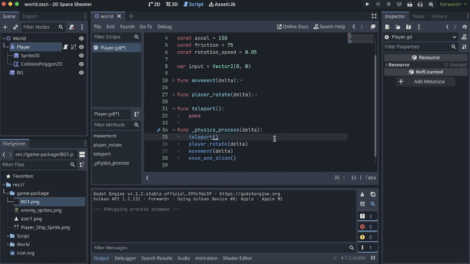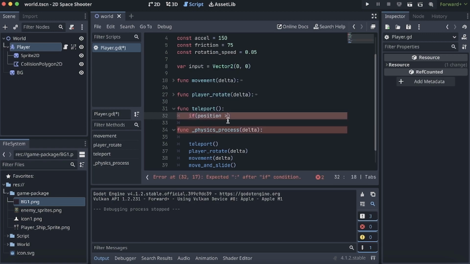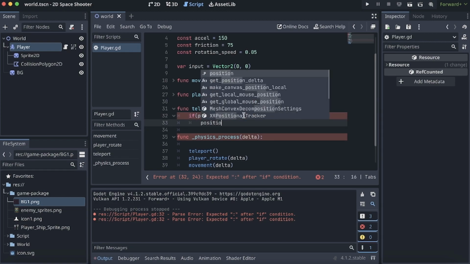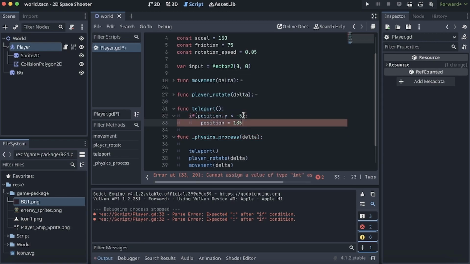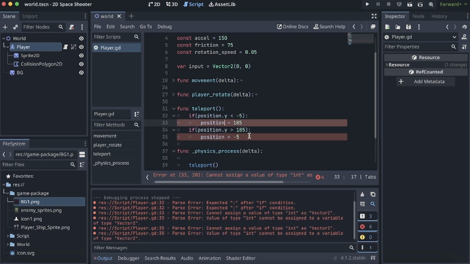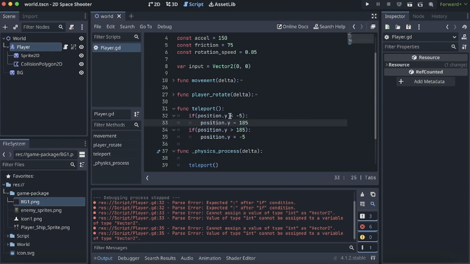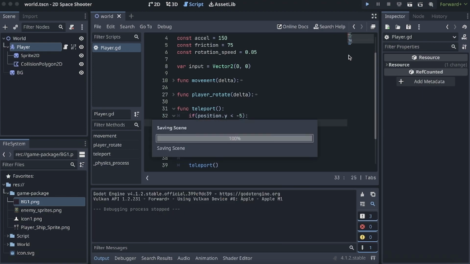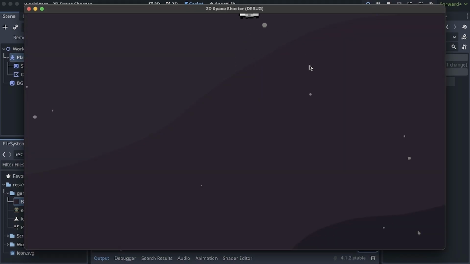This teleport function will teleport the player when the player goes out of the border. Let's say the player goes out of the screen from the top, the player will then teleport to the bottom of the screen. This function is very easy to make. All you have to do is check the position of where the player is. You can see on our screen, since the height is 180, I decided to teleport the player once they go above -5 and once they go below 185. You can see here when we run our game,